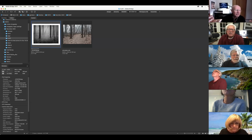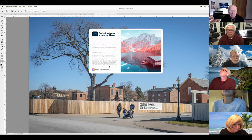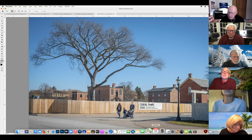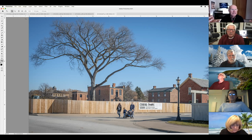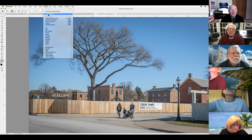So let me get rid of that and open Photoshop. I set this up before so that I brought in some pictures here. This is a shot that Doug and I were out there, and if you remember this tree that Doug had, he was shooting it. I was shooting it from a different location, but the filters for fog are under Filter, Neural Filters,